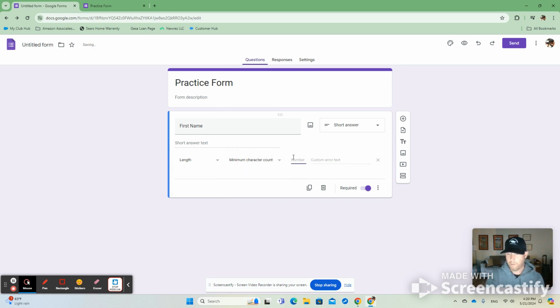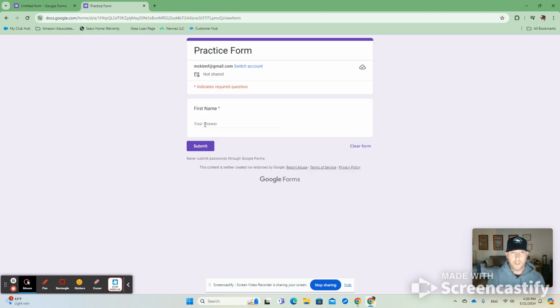And I always put 3 here because while they're smart enough to space once or twice, a lot of times they don't get past 3. So I put it to 3, and then the feedback I provide is just invalid response, which is what they will see on their end. And you are good to go. So now when you come back to your form, you will see here is my form. I'm going to refresh it just to make sure that that went through. And now if I hit the space